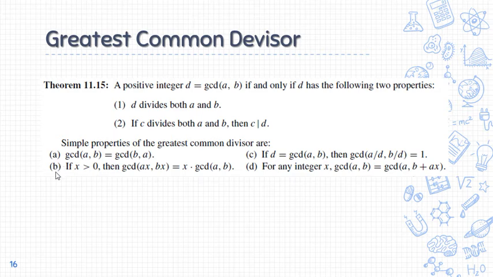Diri sa letter B is that if x is greater than 0, then kung natay integer na greater than 0 and then atong i-multiply ang A sa katong nga number ug si B atong nga number and na pangitaon na tong iyang GCD, it is equivalently mura ra ka og nagingon og ani nga format. So they are practically equivalent, no? So kung kani nga number ma-divide kang x tapos kani nga a ma-times ato kang x, si b times ato kang x, sa ato pa ang iyang GCD is that kato nga number times kaning x.